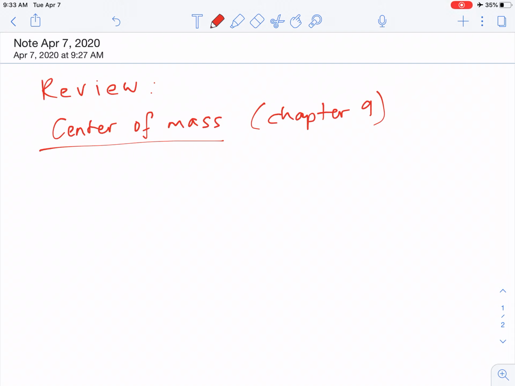Hi everyone. So I'm going to start with a review. We started chapter 9 last time, and the first topic that we covered is center of mass. And for the center of mass, there are several equations we developed, and I want to talk about in one